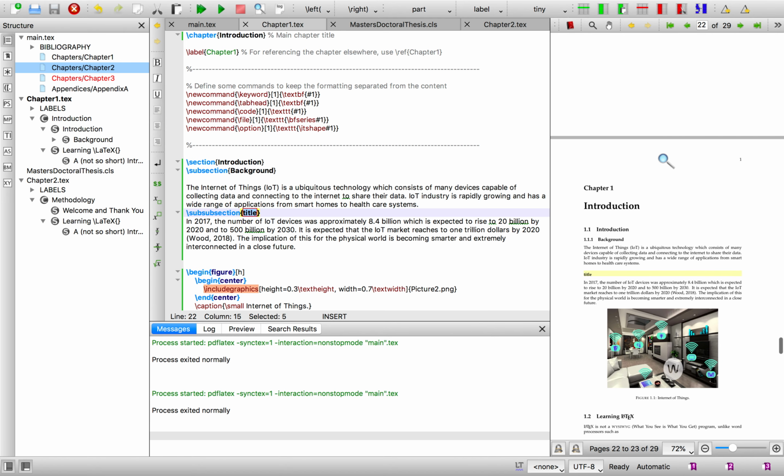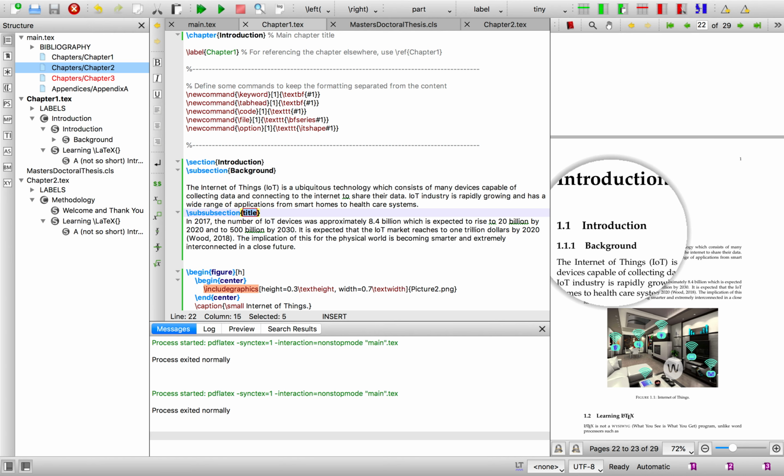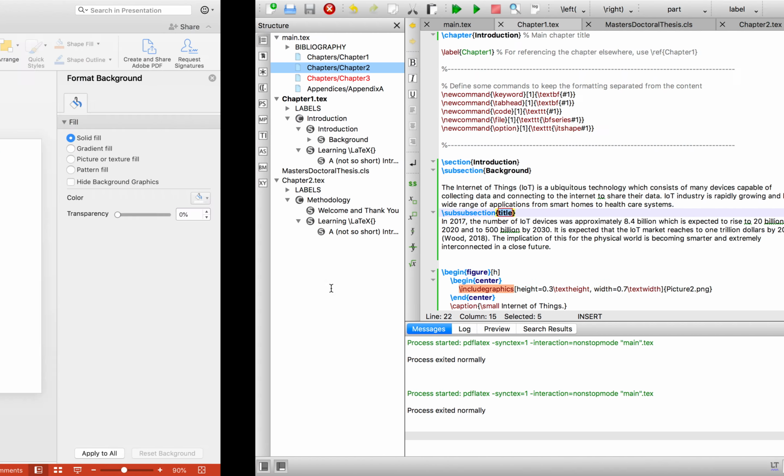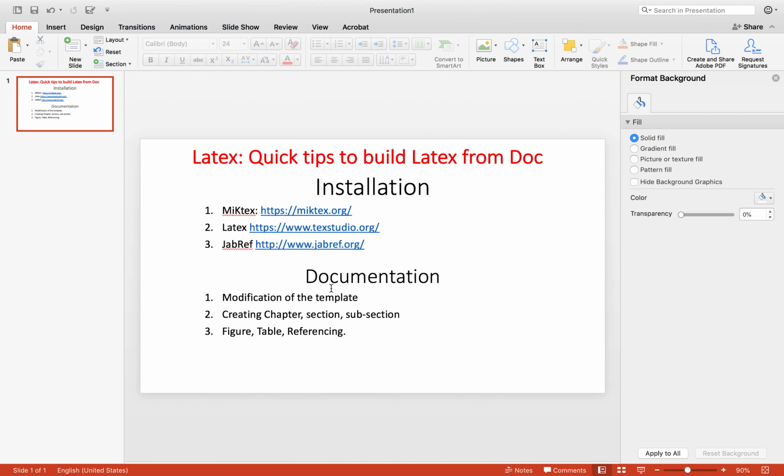Okay, title is given here, so this is the subsection. Similarly, you can have your document very well organized and very well looked, robust in your LaTeX after transferring from your doc. So I believe with that